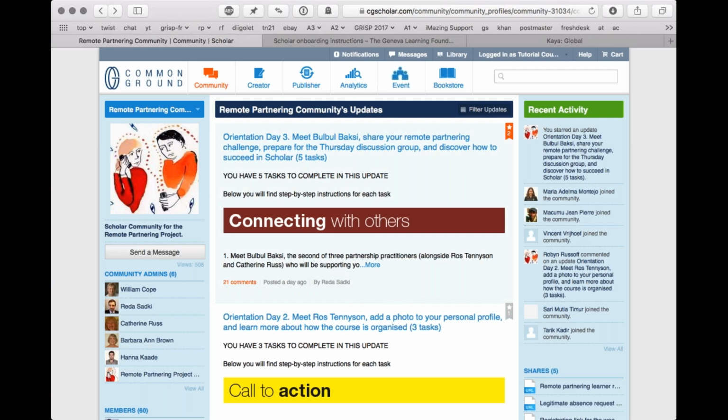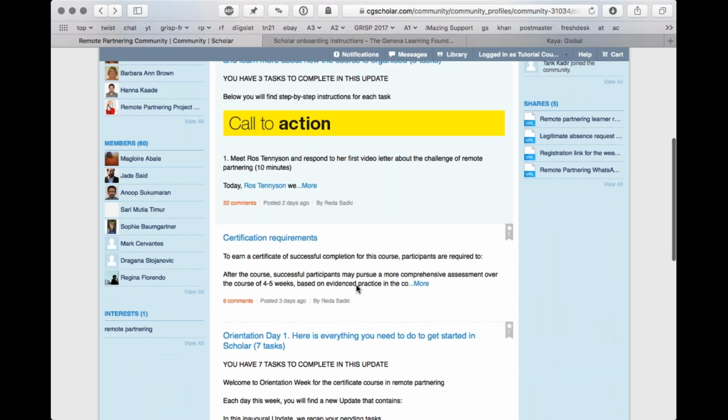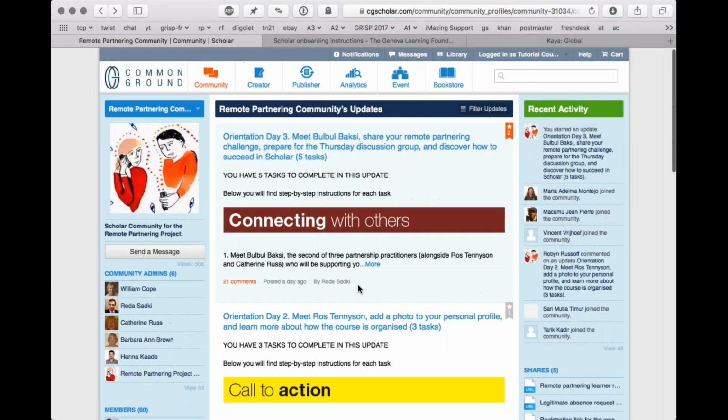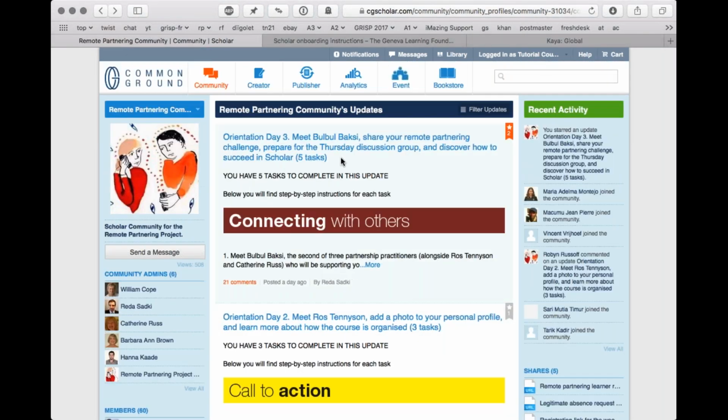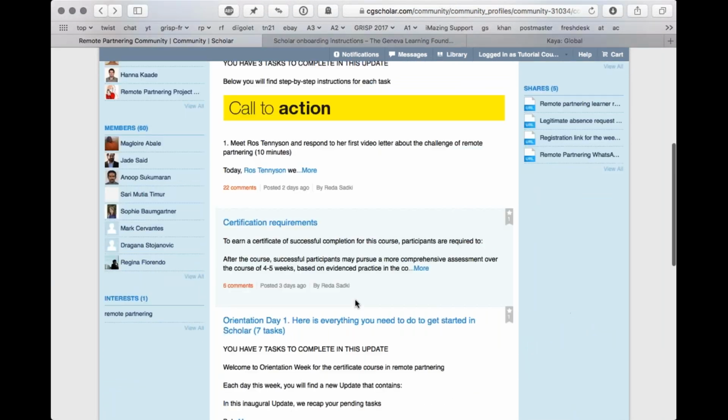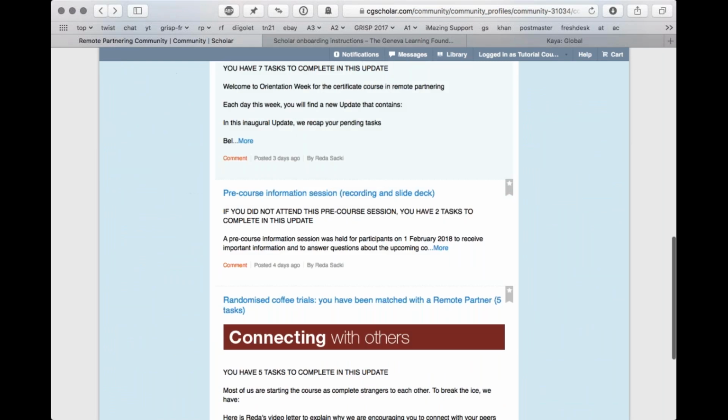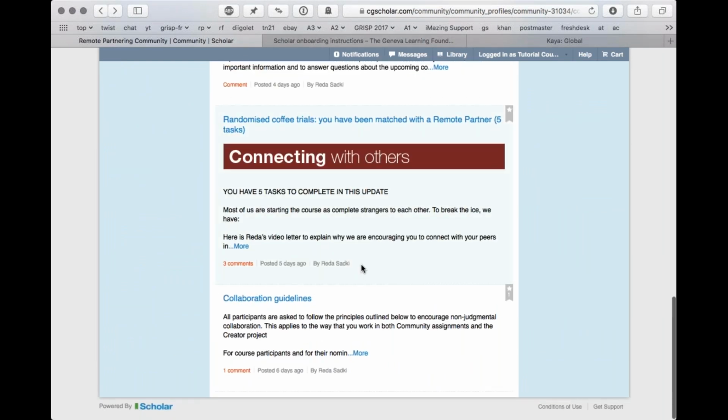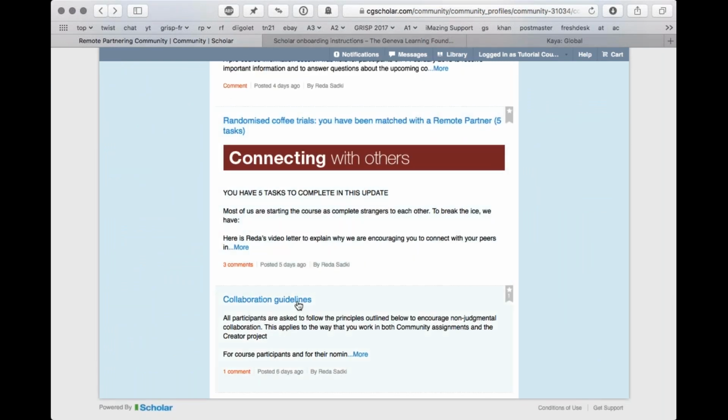I want to go back to the community and show you some more of the features. So we're on orientation day 3. Orientation day 4 will come after the discussion group a bit later today. Just to review, you can scroll all the way to the bottom and start there. For example, if you just did onboarding today, I would suggest starting at the bottom and working your way up. So go into the collaboration guidelines,